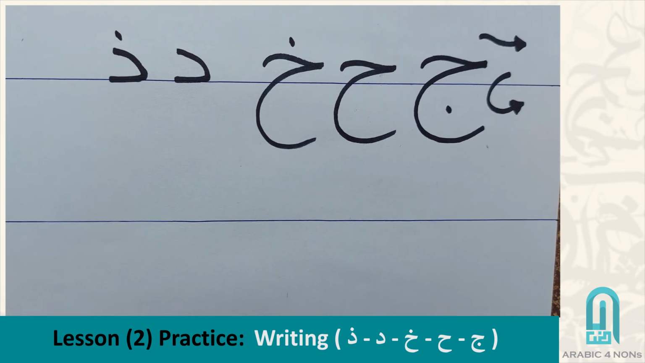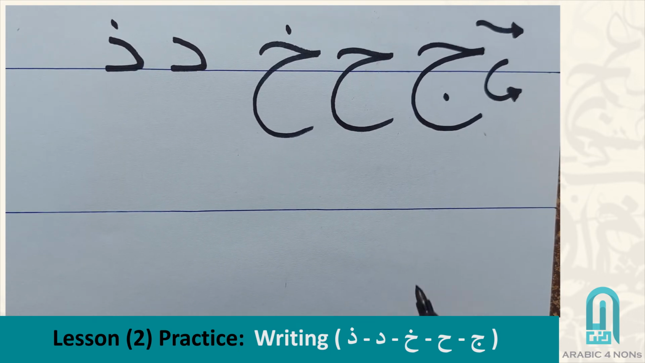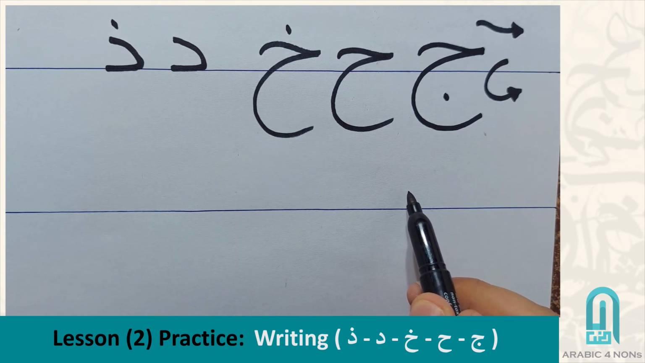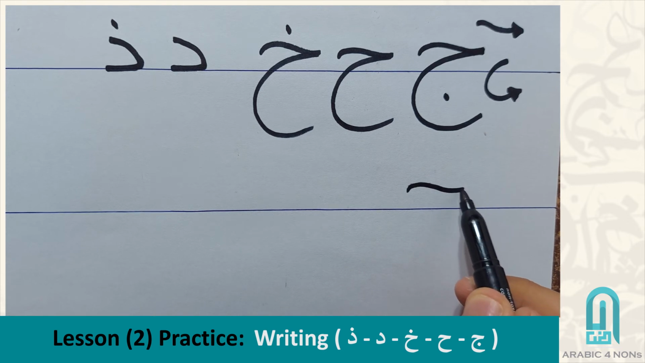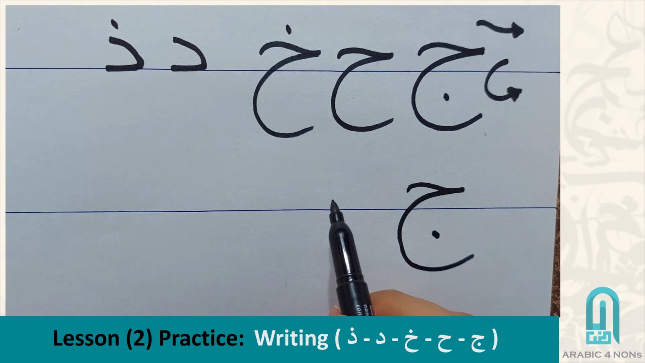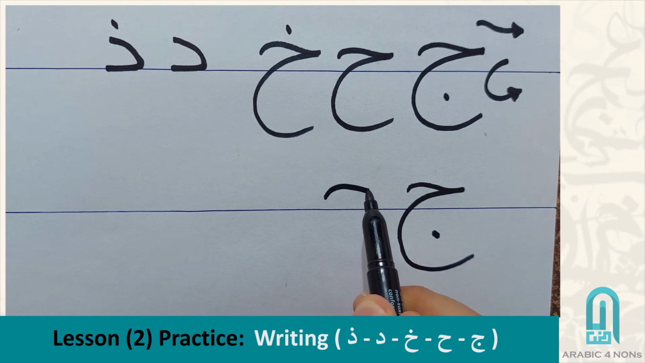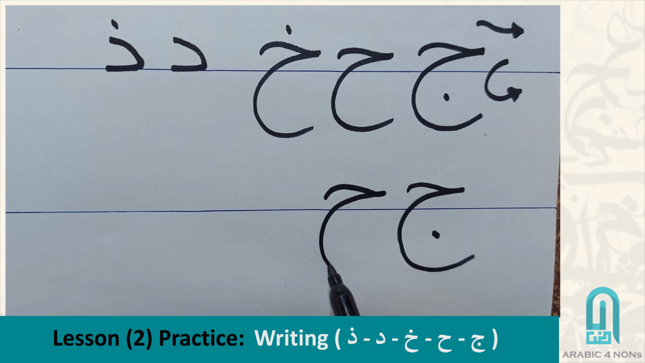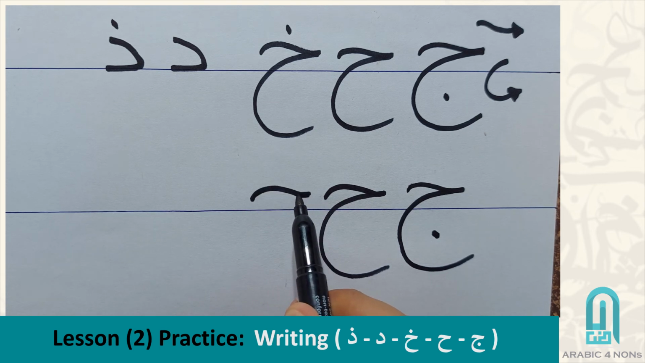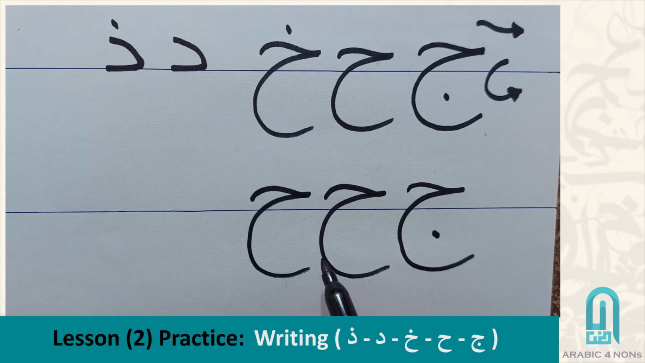Okay, let's do them one more time. The first group, we start from up the line a little. We do a curve to the right and then a curve to the left and below. Letter J, and don't forget this dot. Letter Ha has the same shape, a curve to the right, a curve to the left and below, no dots. Letter Kha, the same shape, a curve to the right, a curve to the left and below,